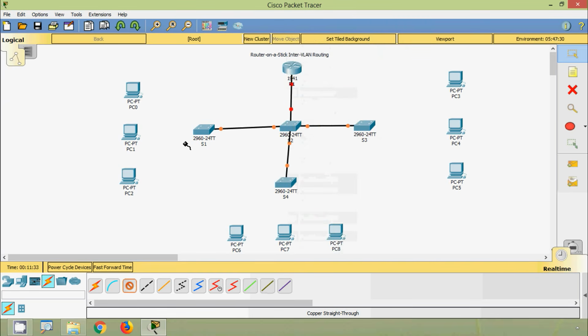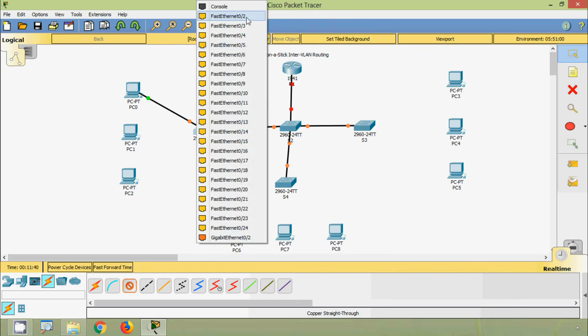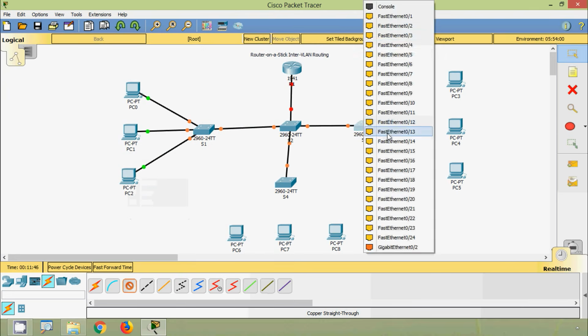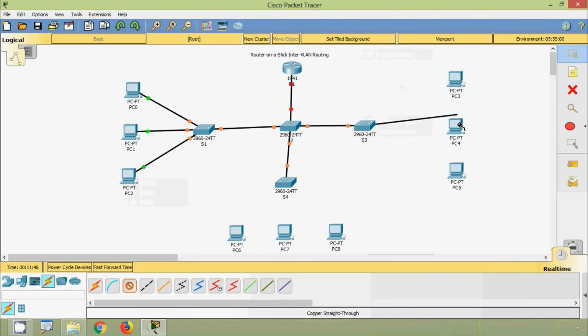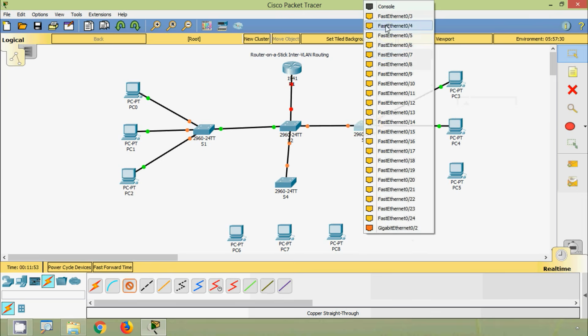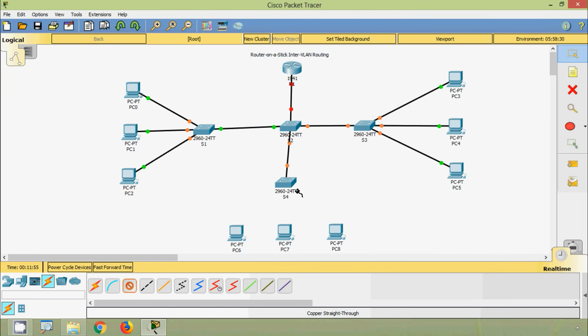Also we will connect these end devices to each switch. 0/1 to PC0, 0/2 to PC1, 0/3 to PC2. And coming to S4,